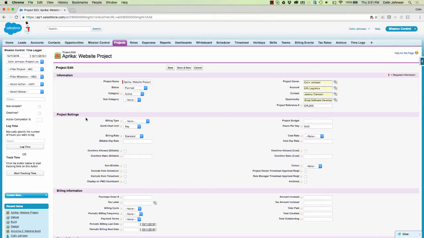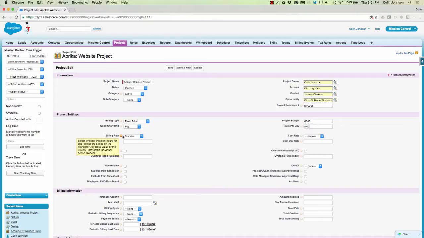So now we're looking at the project settings, and you can use as much or as little of this functionality as your individual business requires, but we'll go through it in detail so you understand all of the functionality. So up in the top here we can specify whether this is going to be a fixed price or a time and materials project. So in this example I'm going to say that it's fixed price. Over here I can specify the budget that I have available to deliver this project,